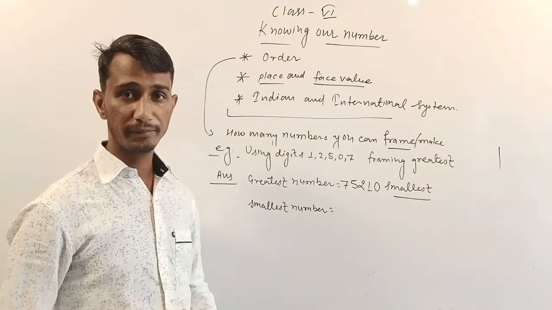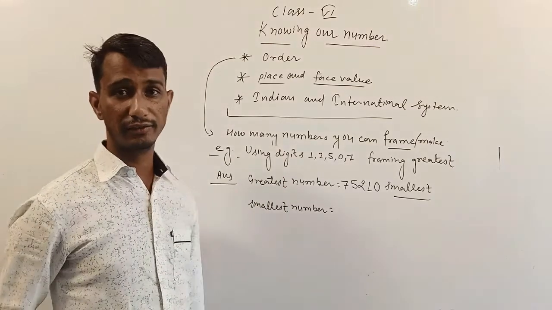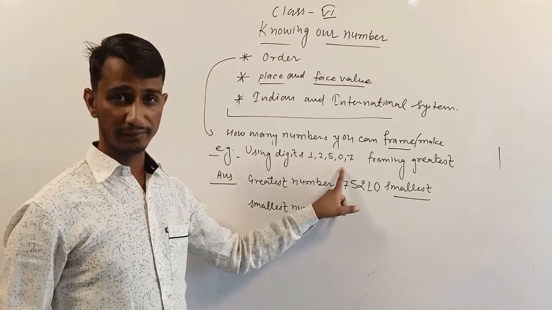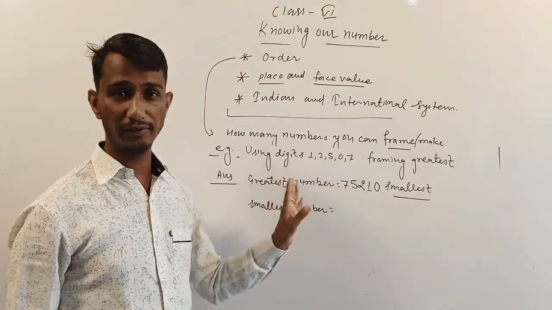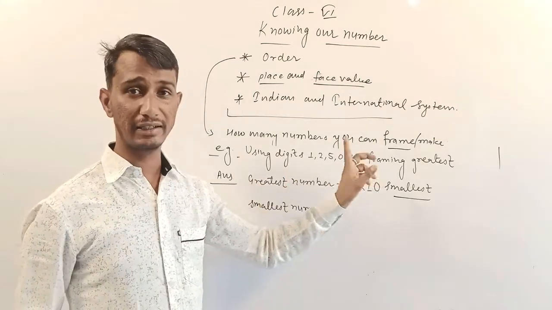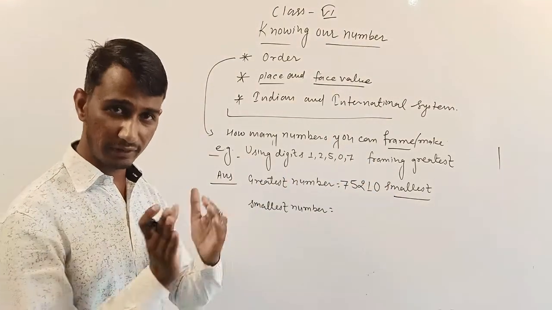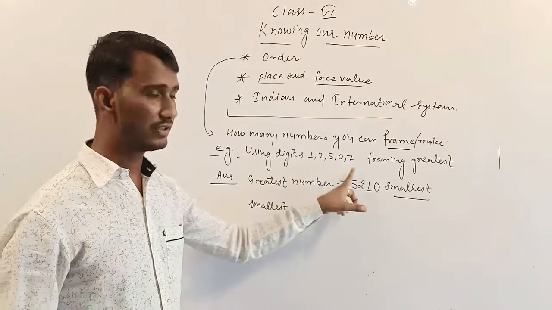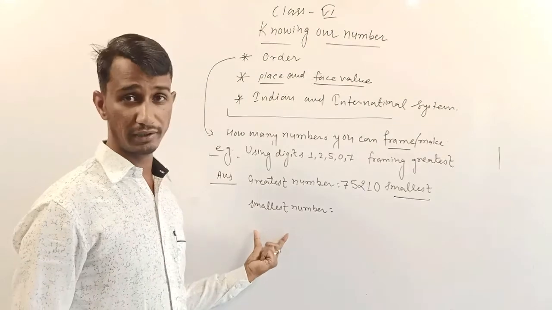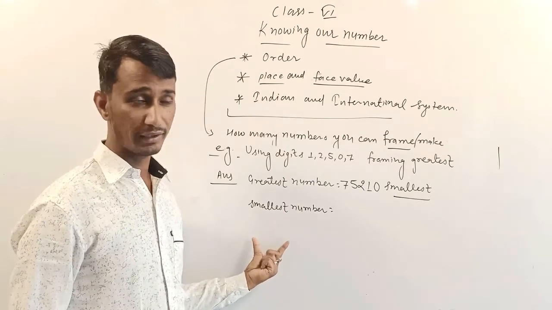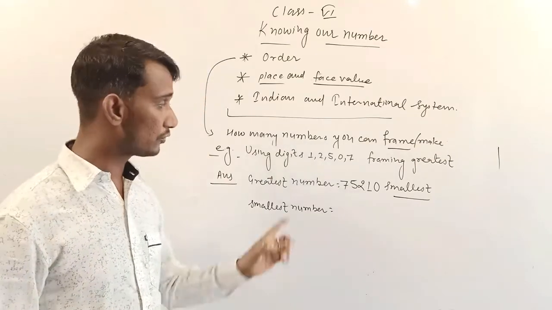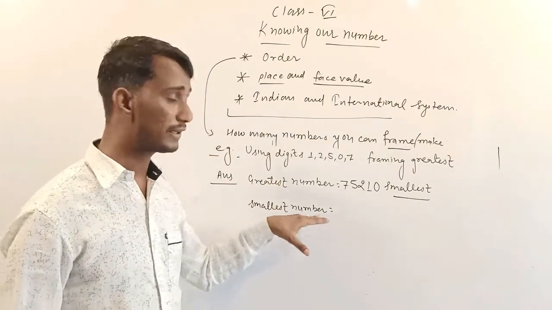So dear student, first read the question again carefully. What is this question saying? Using digits. You know how many digits are given here? 5 different digits are given. Using the digits, frame the greatest 5-digit number. Since 5 digits are given and a 5-digit number is asked, this is very important content for you. You are allowed to use all 5. So using these, how to frame the smallest number?